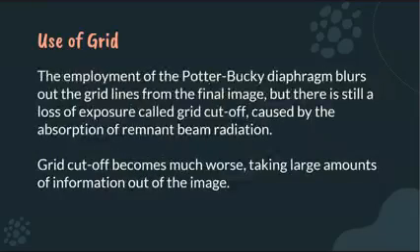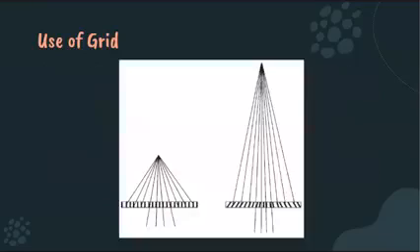Okay, so the employment of the Potter-Bucky diaphragm, which can be seen on the vertical grid, blurs out the grid lines from the final image, but there is still a loss of exposure called grid cutoff, caused by the absorption of the remnant beam radiation. Okay, grid cutoff becomes much worse, taking large amounts of information out of the image. So what happens during grid cutoff? Ayan. Okay, so